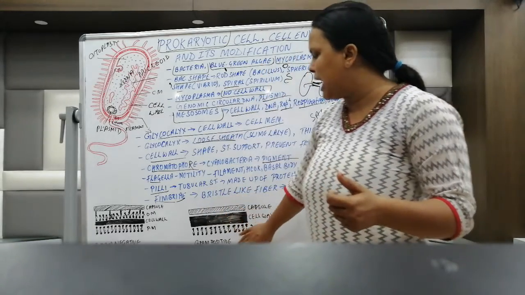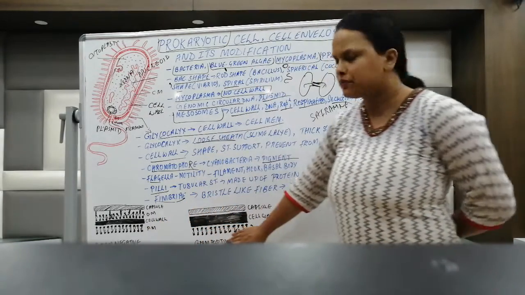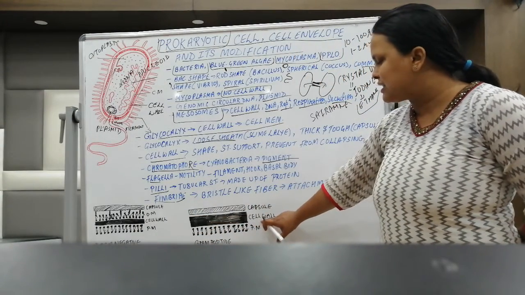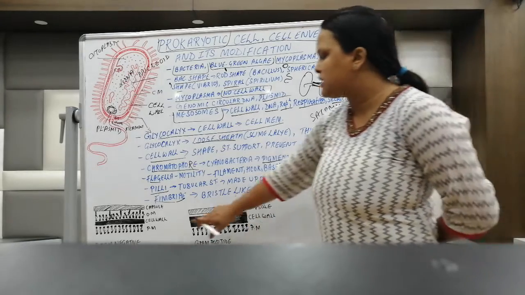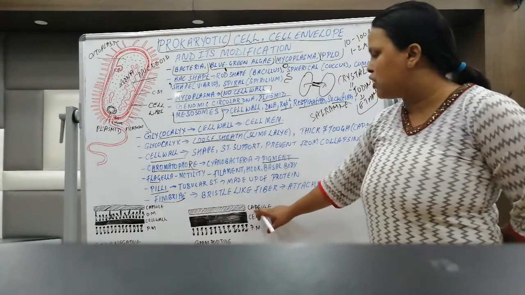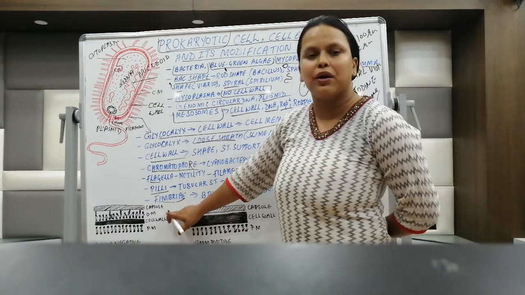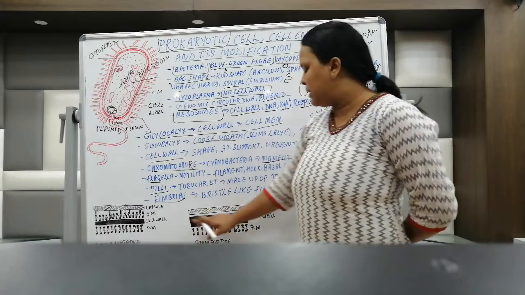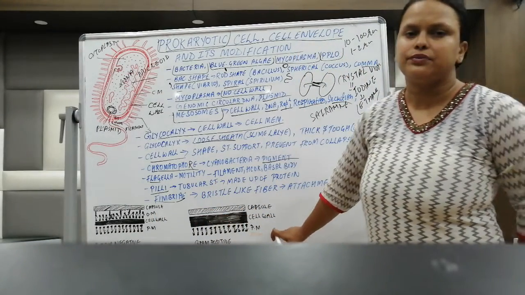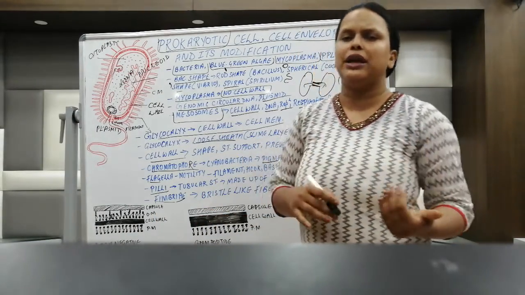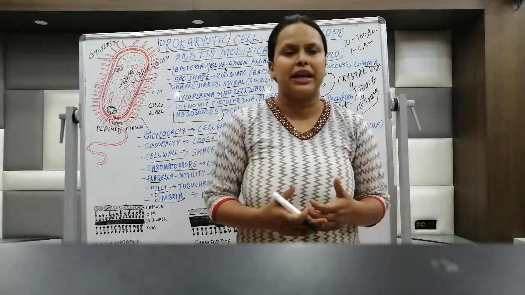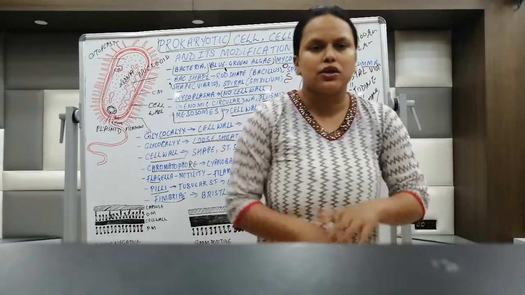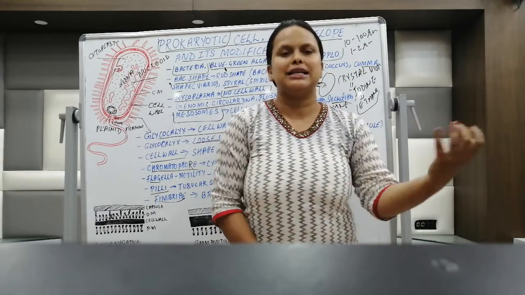When you see the gram positive and gram negative cell wall structures, you can easily distinguish them over here. You can see the cell wall is very thick in gram positive, while in gram negative the cell wall is a little thinner, and the capsule is also thinner than that of gram positive. Also, gram negative has an outer membrane, but there is no outer membrane in gram positive. So this is the difference between gram positive and gram negative bacteria on the basis of cell wall composition. This is all about the prokaryotes and their cell wall structure.